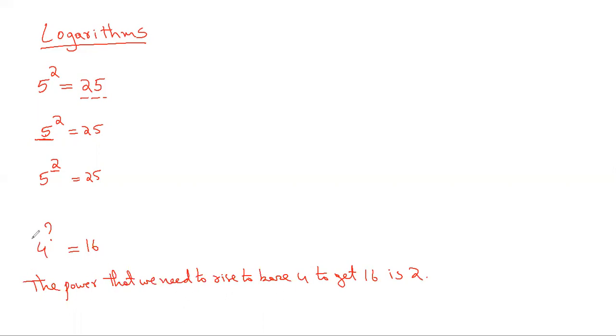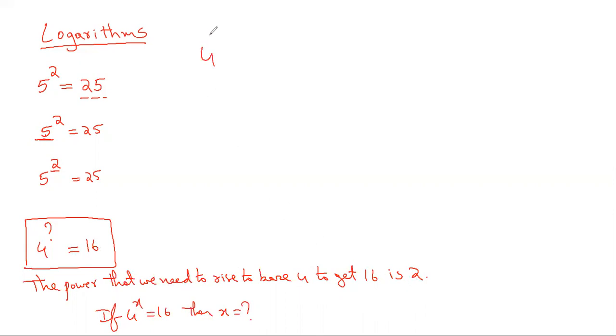In the form of a notation, if I need to write, this is simple. 4 power question mark equal to 16. Or I write 4 power x is equal to 16, then x is equal to. But instead of writing mathematically like 4 power x is equal to 16, then x is equal to, every time, or writing like this, they have given a name for this: the power that we need to raise the given base to get the given number. They're giving a name for that. So here anyway you got this number 2.